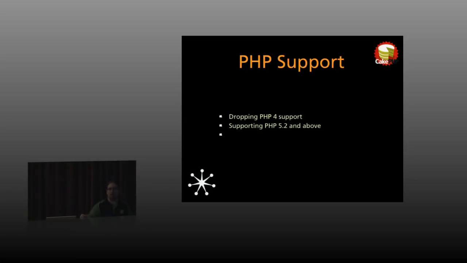Moving to 5.3 at this point would drop out a whole lot of the user base and make migration more painful than it needs to be. There will be a migration process to move to 2.0. It's not a drop-in solution, but if we go to 5.3 only, we lose a lot of those users. So 5.3 only and above will be coming in a future version beyond 2.0. It may be a minor release, a 2.2.x release, but that is coming.